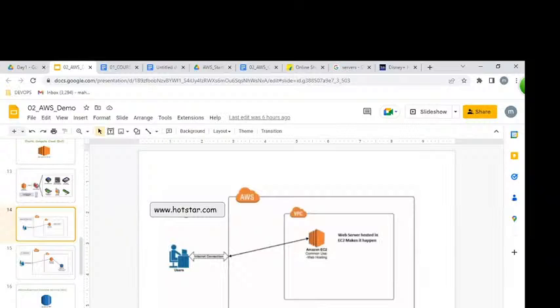First we need to establish networking, because without a network there is no server. Once the network is established, we create a server. On top of the server, we host our Hotstar application. Once it is hosted, we can access it over the internet from anywhere in the world.